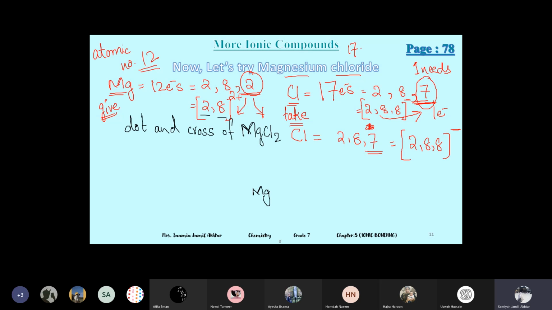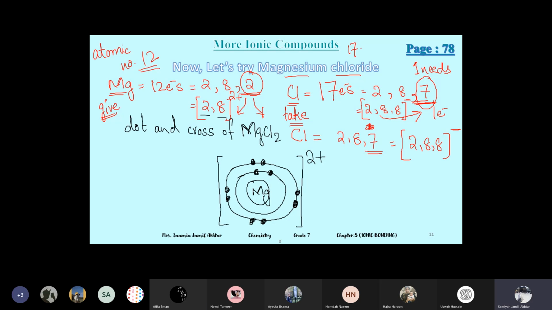When it has given 2 electrons, then we will draw. The last shell will finish. So this is magnesium. First shell of magnesium with 2 electrons. Please, everyone draw it with me. The girls who are sitting at home, who are online, please draw with me. 1, 2, 3, 4, 5, 6, 7, and 8. 8 electrons. And then square brackets and the charge 2 plus.